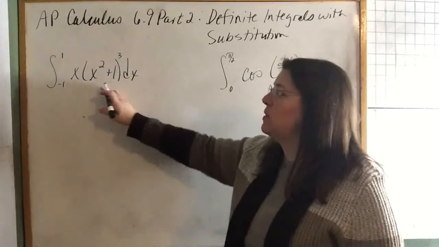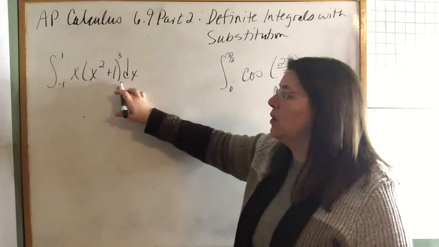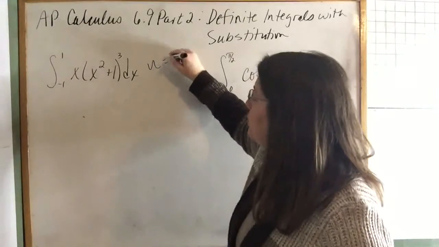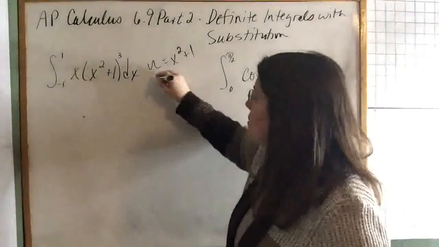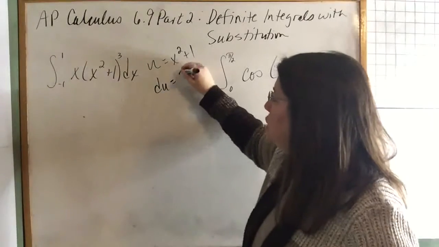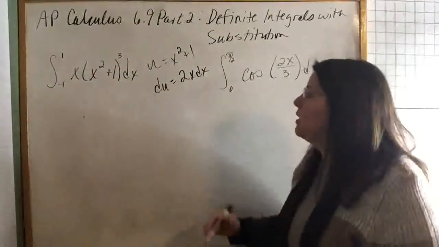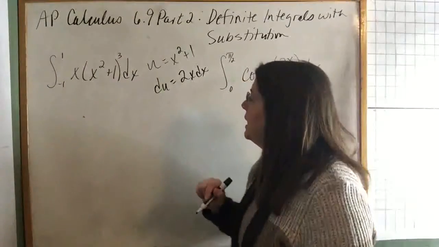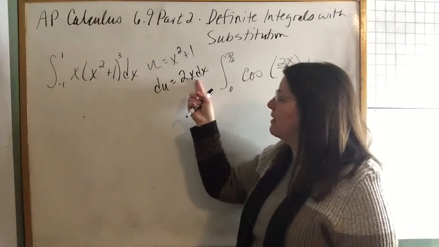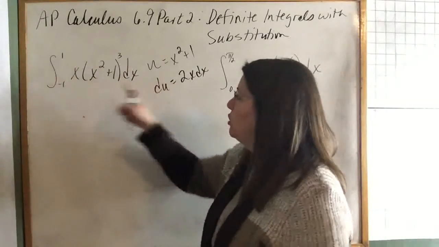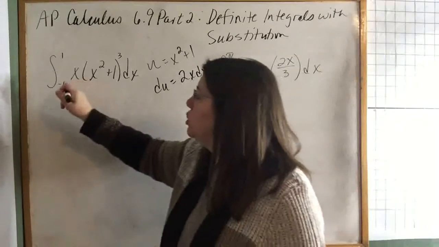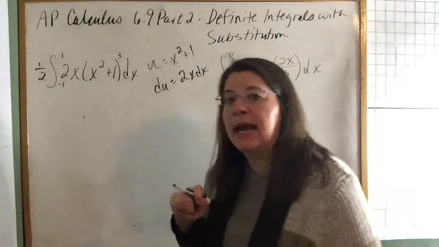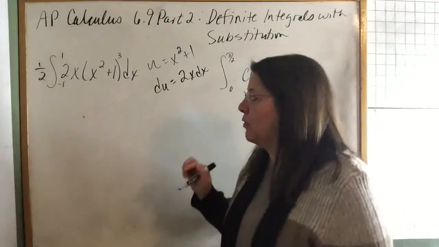And remember, in the last section we said that whatever is to a power is most of the time what you use as your u. So I'm going to let u equal x squared plus 1. And so my du, the derivative of the u, would be 2x dx. So you may notice that we've got the x squared plus 1, that is my u, and that will be u cubed. And then I have an x dx, but I need the 2 to have the du part there. So I'm going to put a 2 in front, and I'm going to offset that with a 1/2 on the outside